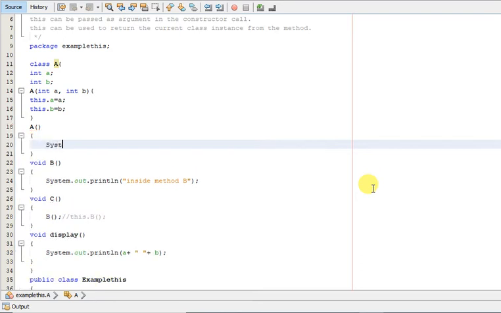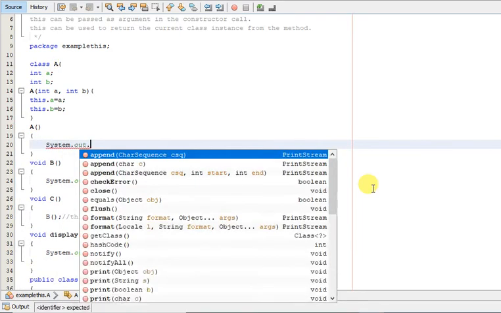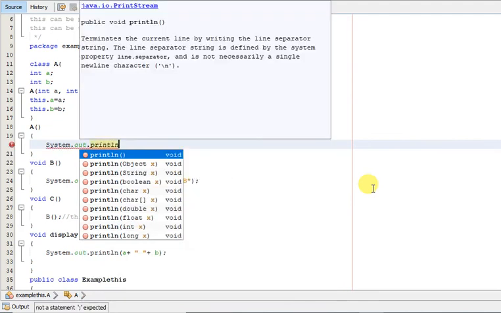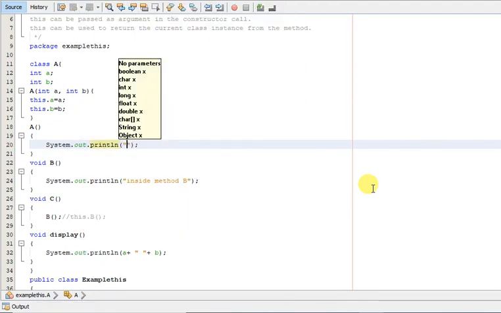Let us print a message: System.out.println, inside default constructor.